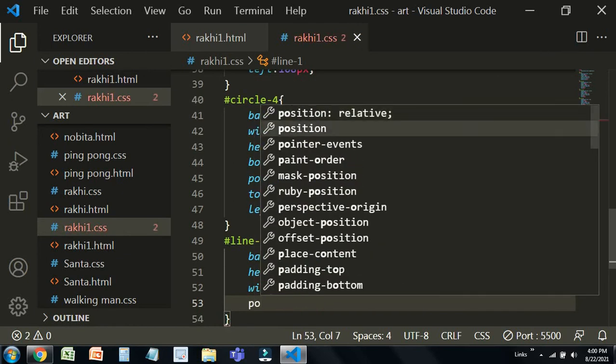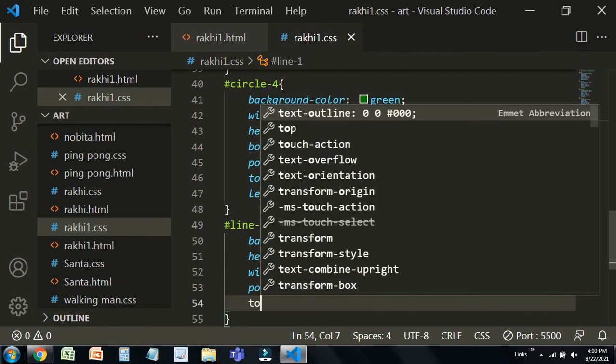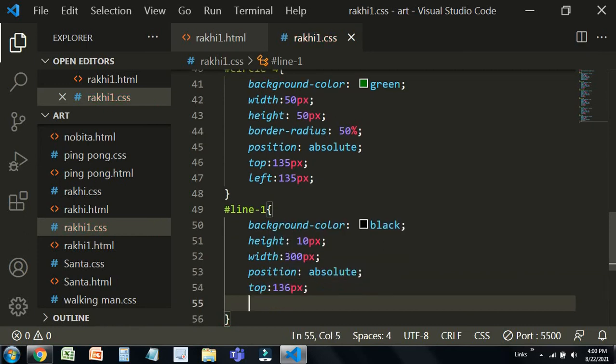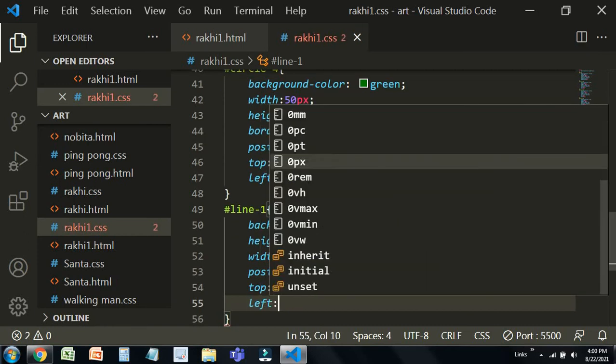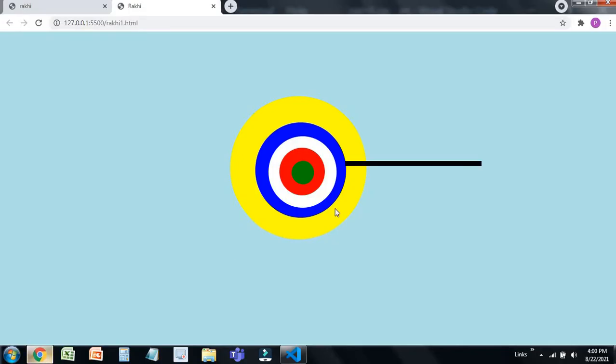Then position absolute, top 136 px, left 253 px. You can see that this line has come.